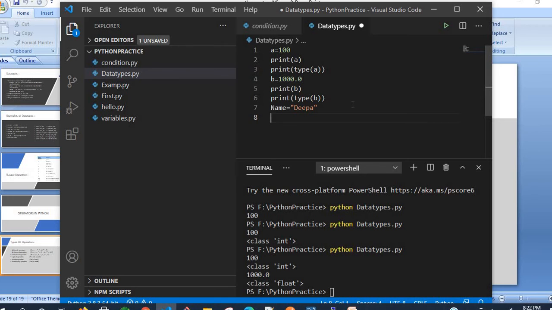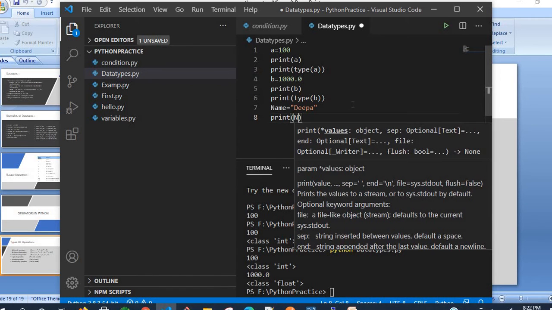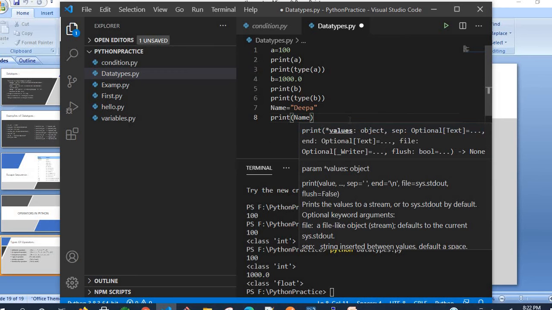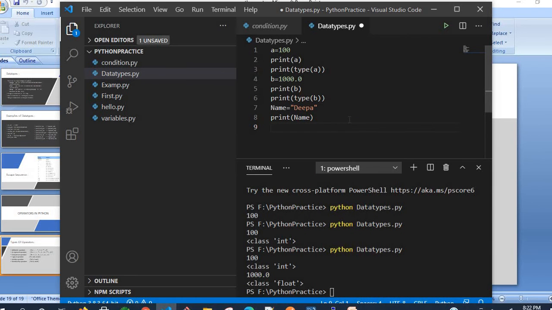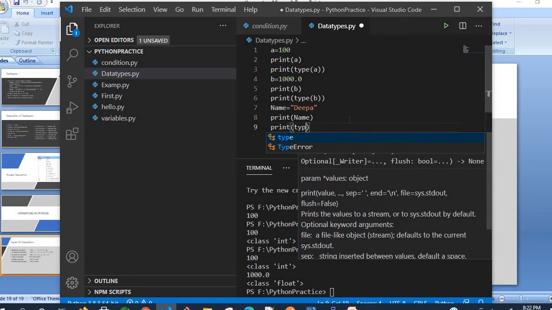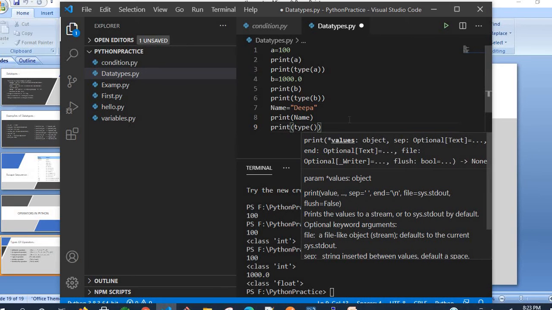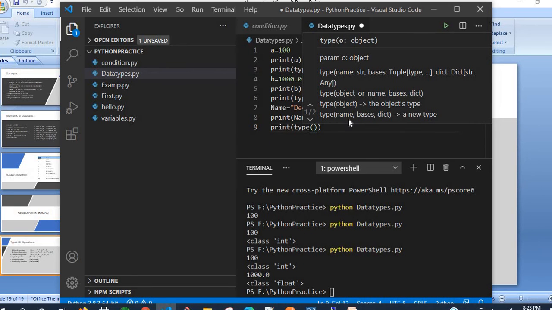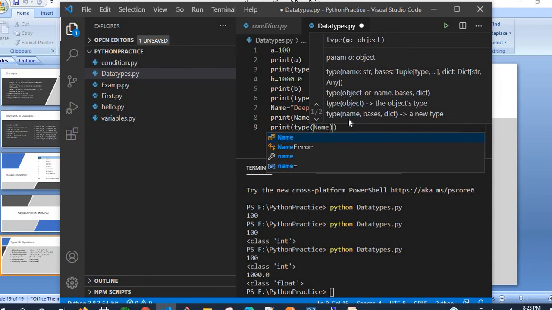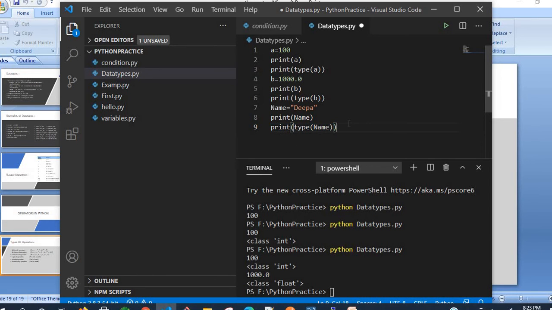Now in the first statement I want to print the value of name, so I'm giving as name. And in the second statement I want to print the type of the variable, that is nothing but type of the name. Name is what type of value it has holded. Okay, see here, give the name. This is case sensitive, so we should mention the same name. Capital and low letters are different here.